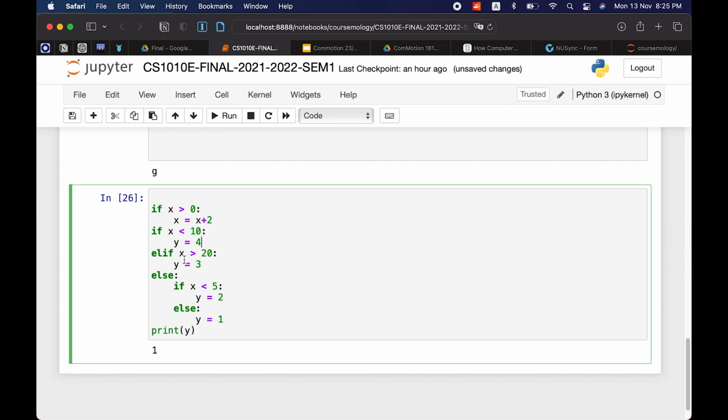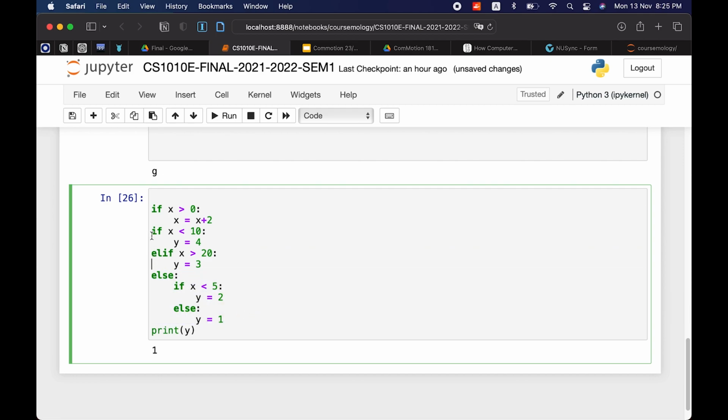So only one of these if else can run. And if x is less than 5, it is also less than 10. And this will run first. So y will equal to 4 if you run it from top to bottom. So once y is equal to 4, this if statement is executed. This won't execute, and this won't execute.